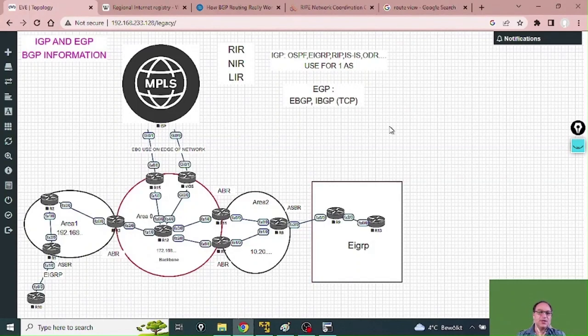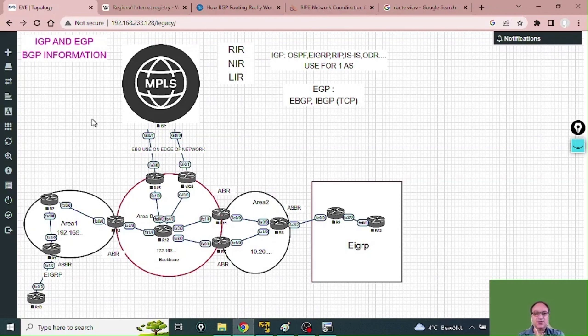Hello, everybody. Today I want to talk about the two different routing protocols, IGP and EGP, interior gateway and exterior gateway, and what's the difference between these two routing protocols. And then after that, I will explain the first EGP. It is EBGP, used between so many organizations, and why we use the autonomous system to connect different